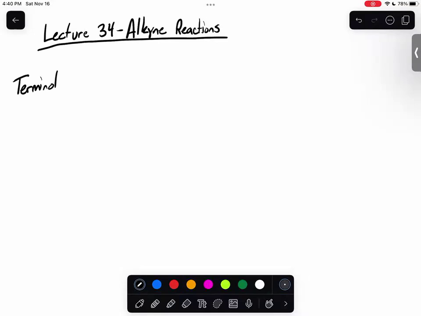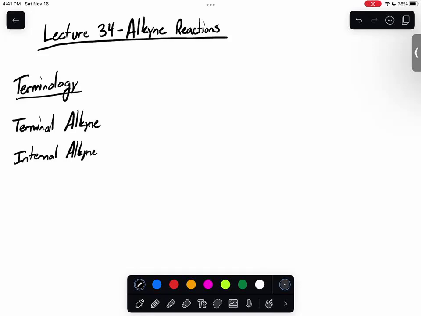Because unlike alkenes, where we had a lot of background beforehand from E1 and E2, we don't have much background with alkynes. So there's two different kinds of alkynes that we really focus on talking about. Those are these terminal alkynes, and then we also have internal alkynes. All right? And the differences between these are that the terminal alkynes are where you have the alkyne that is on the end of a chain. And then these internal alkynes are alkynes in the middle of a chain,